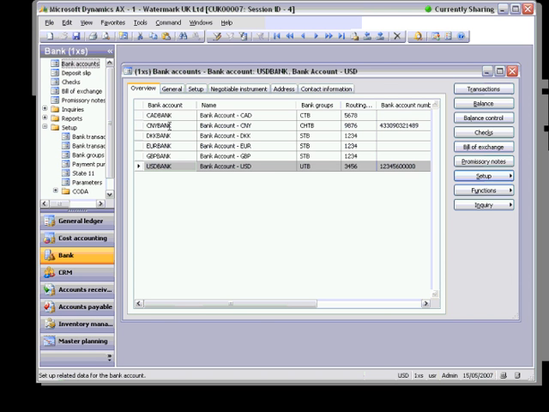We have the exercise 11.1, create and delete checks. I have already done this exercise